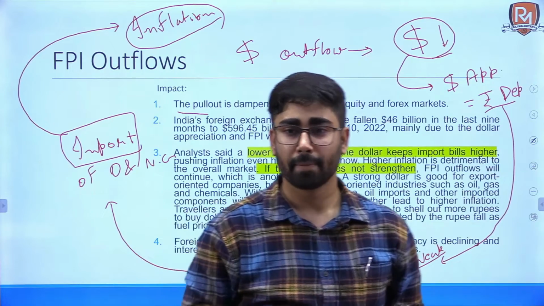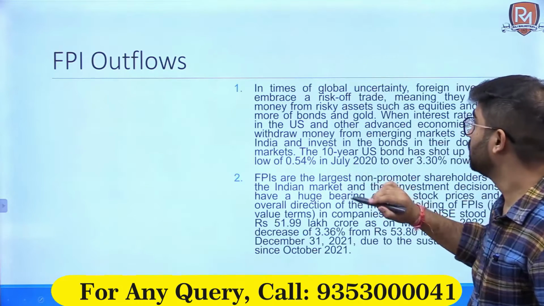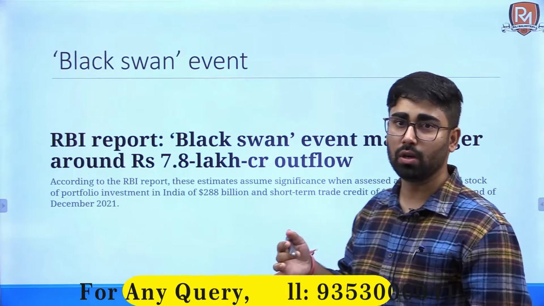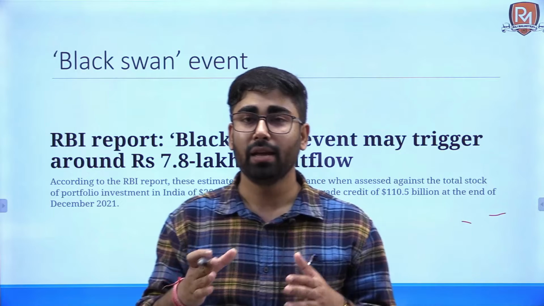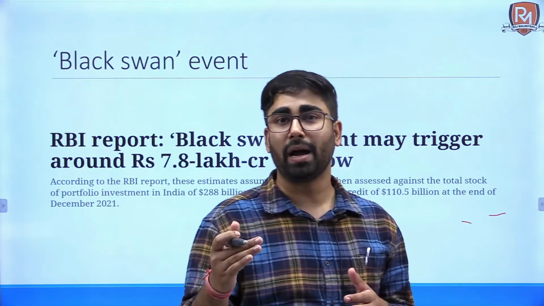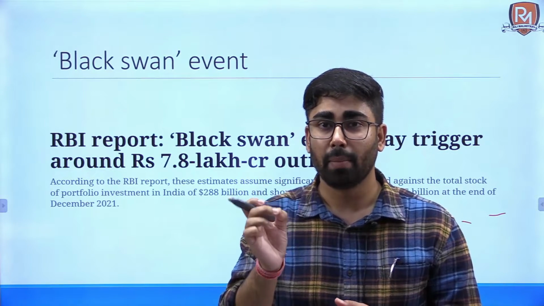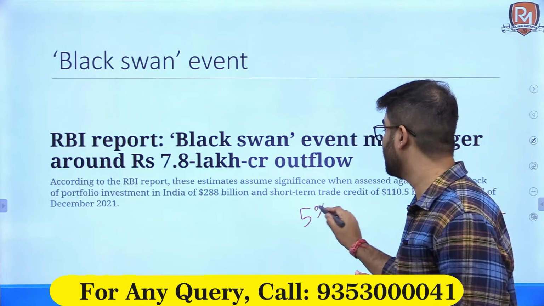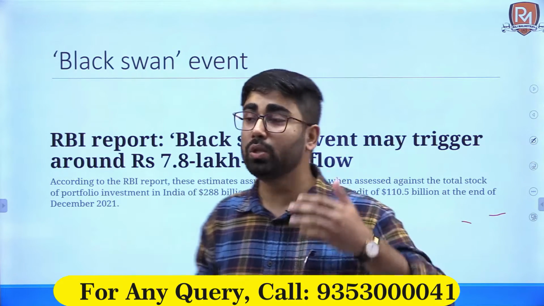Okay, so I hope you all understand this, and now let's see. And yeah, there was one more news, Black Swan event. Black Swan event was termed by Reserve Bank of India in its report. It was used by Reserve Bank of India in its report to say that there is very much less chance, but there is a chance whatsoever, 5% chance, that FPI outflows will occur to the tune of around